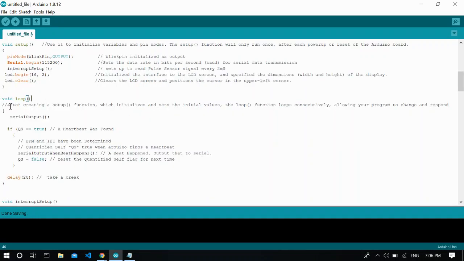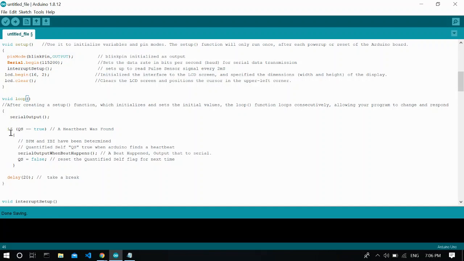Next, we have declared another void function called loop. After creating a setup function which initializes and sets the initial values, the loop function loops consecutively, allowing your program to change and respond. Inside the function, we are calling the serial output function, which I'll explain later.